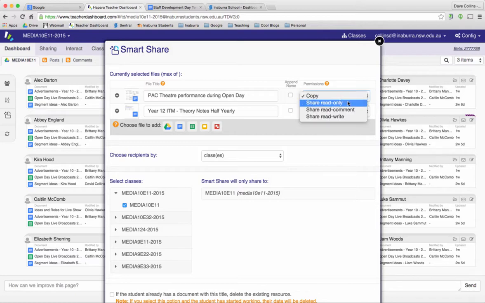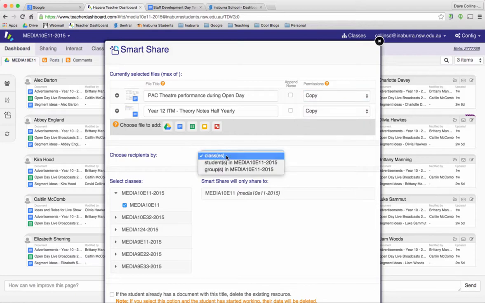So in the past where we used to have those 4 items to choose from, they're all still here, but we set it here. Remembering copy means every student gets their own version, where share, read, write, everyone works on the same file at the same time. Same with these two, except the ability just to read it or just to be able to comment and work it from there. Then I can come here and I can send it to all the students in a particular class,